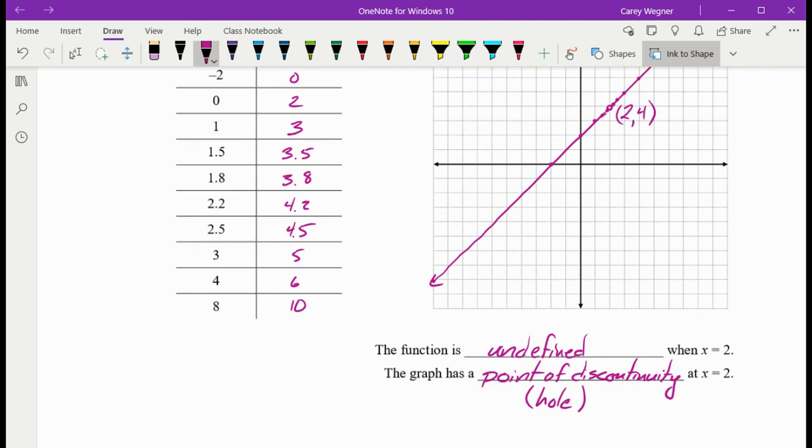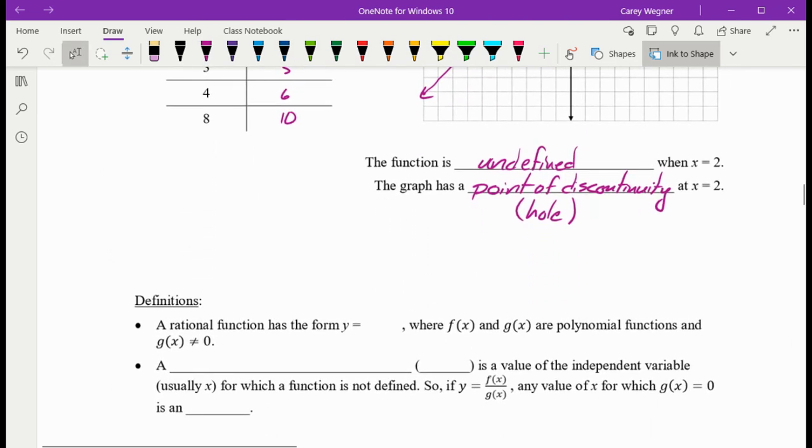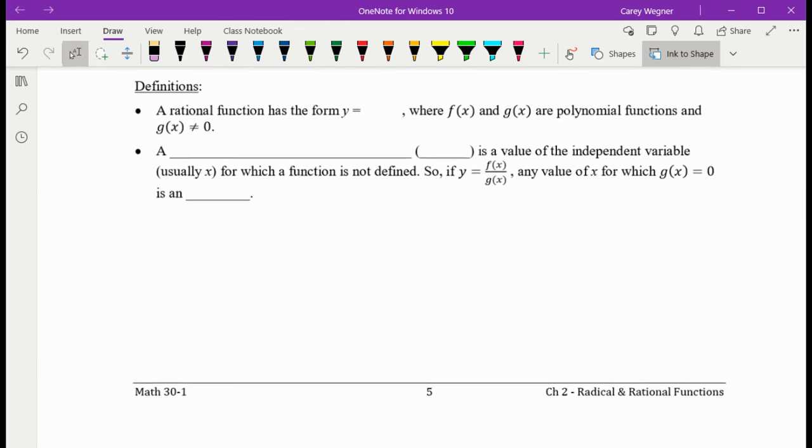Well, we're going to explore both of these types of graphs as we look at a variety of different rational functions, continuing on in this lesson. So first of all, let's define a rational function. So a rational function has the form f of x over g of x, where f of x and g of x are both polynomial functions, and with that restriction that the g of x function cannot equal 0. We also say that the graph has a non-permissible value